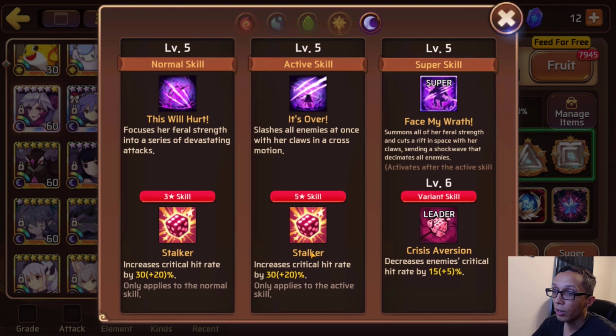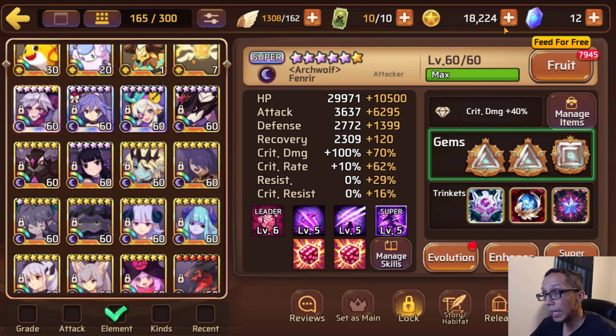But okay, she has Stalker here, and she's fully booked up, meaning her Stalker, for both of her skills, is going to be 50% for her crit rate. She naturally has that 10% crit rate up there as well. So each time she does her 3 or 5 star skill, she basically is sitting at 60% crit rate. You have a crit rate gem on her that gives her 54% crit rate,